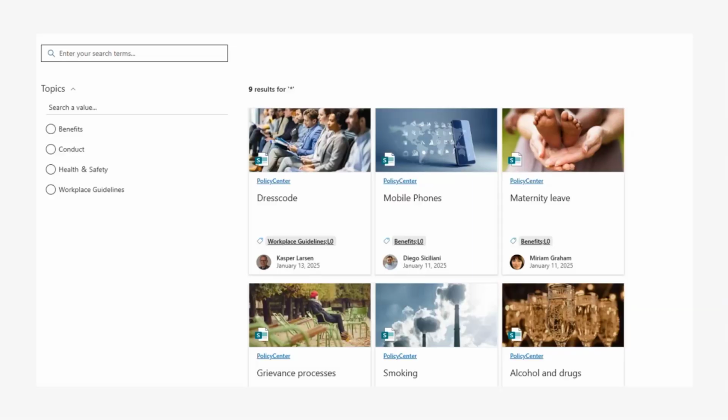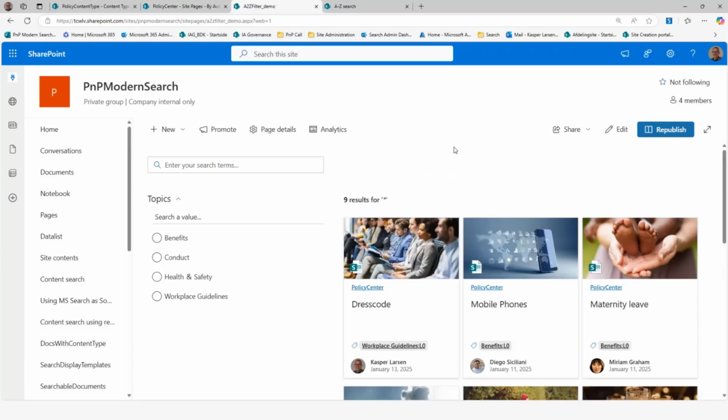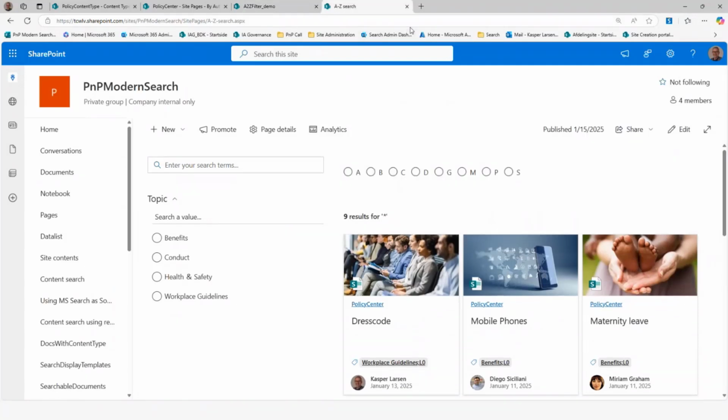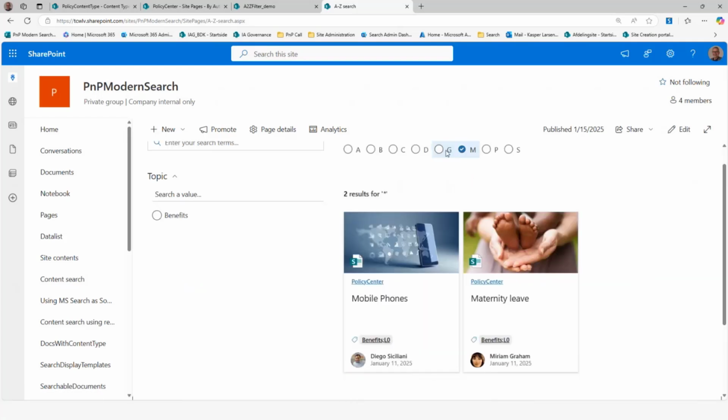So what we have when we start this is something like this, where we have just an ordinary search scenario where we have a result web part, we have a filter, and we have a search box up here. What we want to see is like this, where we have a filter up here. The letters match the various topics we have down here, and only once, even though in this case we have mobile phones and maternity leave. Well, that's two instances, but we only see it once up here,